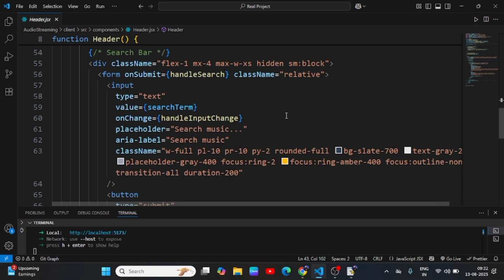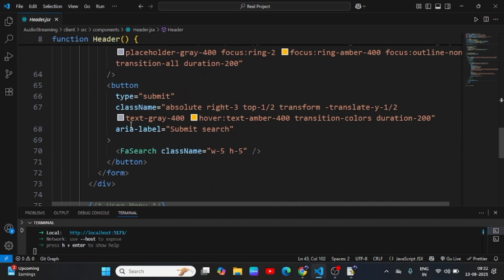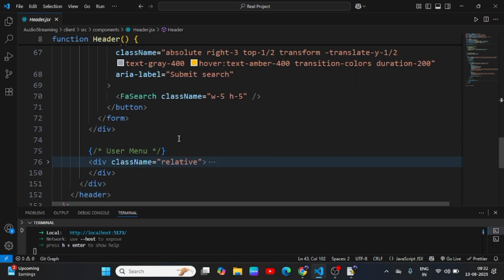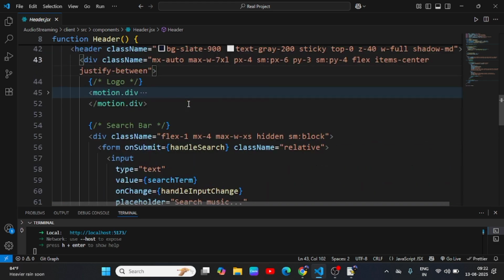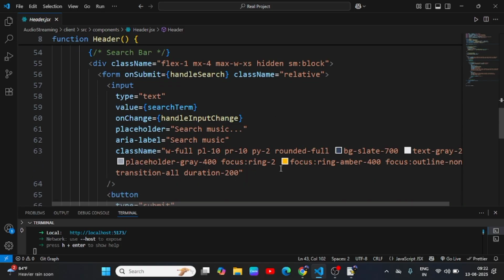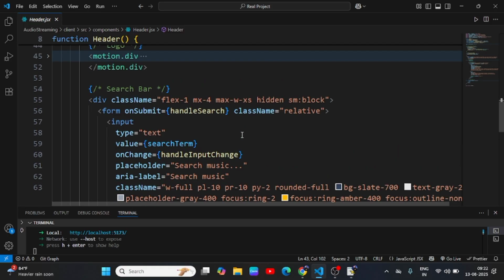It becomes relative, and then input, very simple. Then button, submit button, and submit button means the search button. This is a form. So yeah, the code is very simple. So I'm not going to explain the UI, because guys, you can understand. And even though I will provide my entire code,